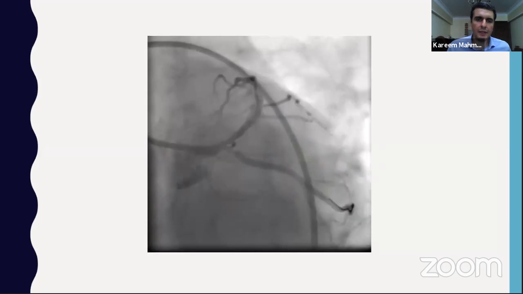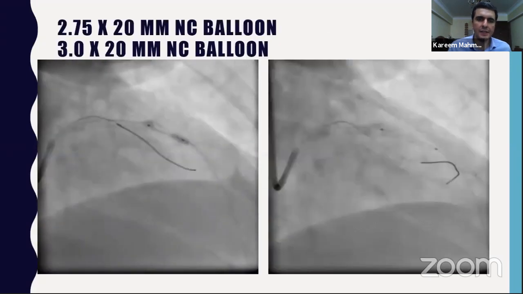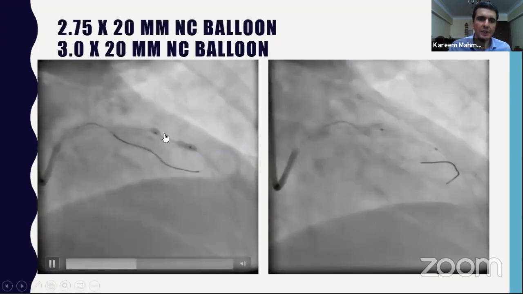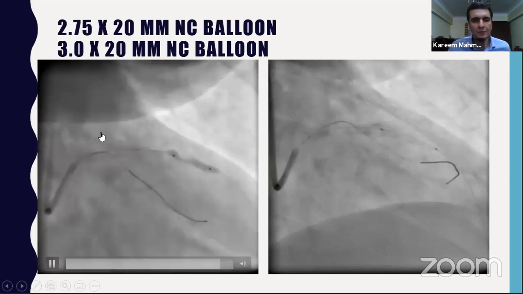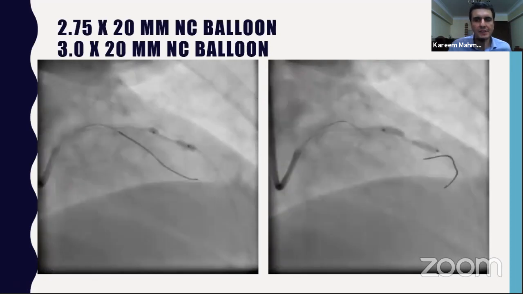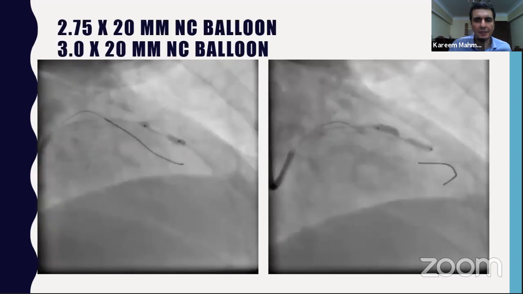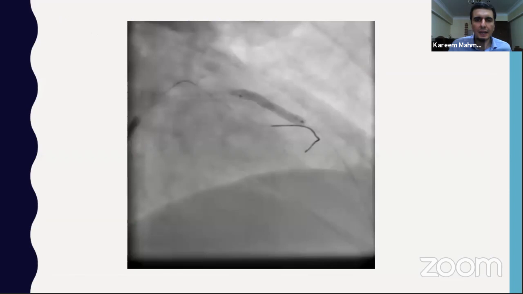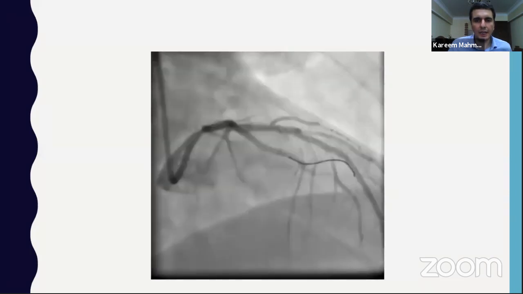As I was going to continue, I noticed the significant calcification in the LAD, and I decided to do a complete revascularization for the patient. So I decided to fix the mid LAD first. As you can appreciate, there is a significant calcification in the mid LAD, so we did an adequate pre-dilatation, and then I put a stent